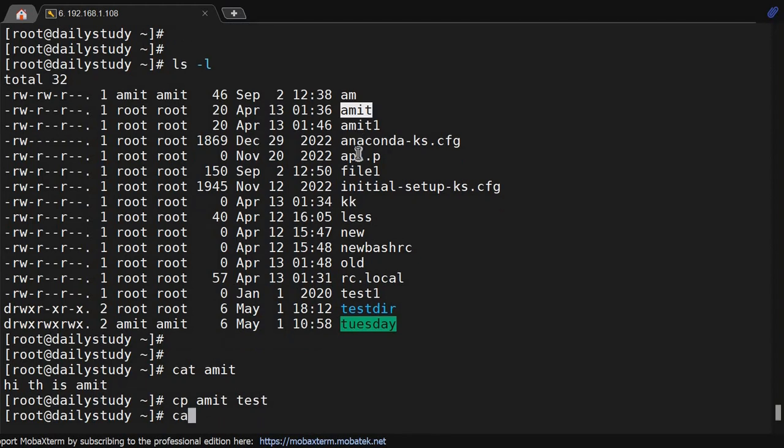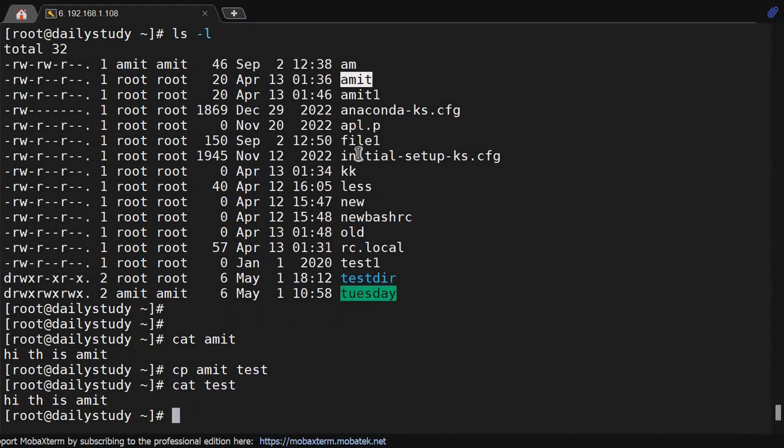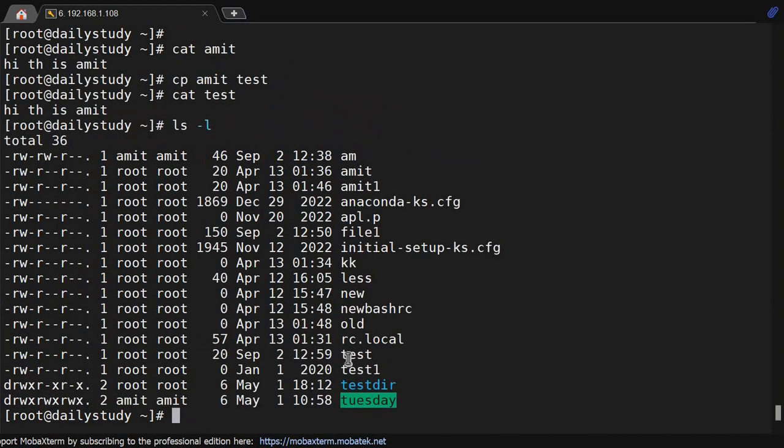Now if I do cat test, it has the same content, and if you do ls -l, you'll be able to see the test file got created, September 2, 12:59. This is my current system time. And it is white in color, it is a file. Perfect. Now when I did cp test, it didn't ask me anything, but the file is already present there,